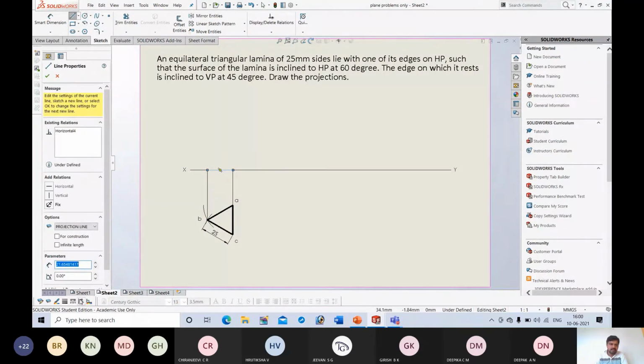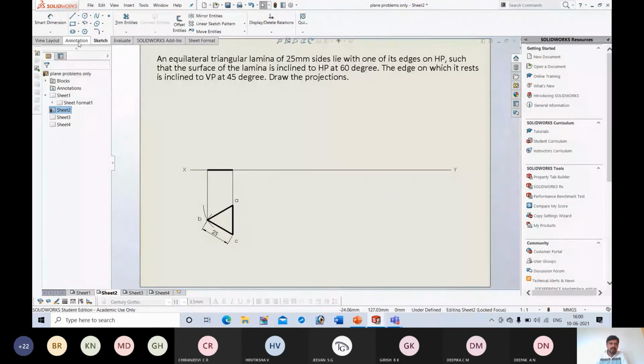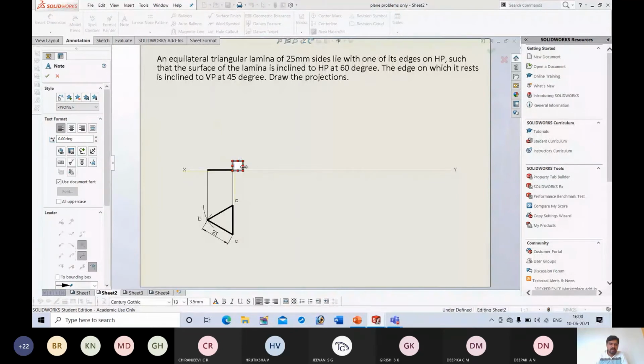Next, increase the thickness. This is the front view. I will name the points. Now you are looking from this direction. Which point is visible and which point is invisible? Since this cursor is the position of the observer, C will be visible and A will become invisible. Since C is nearer to the observer, C will become visible and A will become invisible.